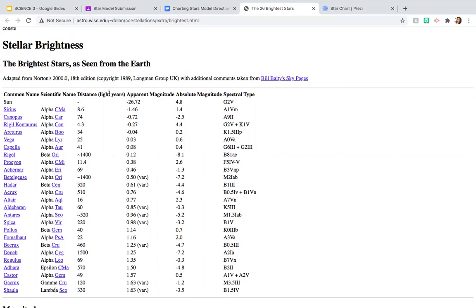This has the distance, so that's one of our vocabulary words, so you should include this. So the light in light years, though. For example, Sirius is 8.6 light years. Then it has the apparent magnitude. So Vega, for example, if we go here, it's